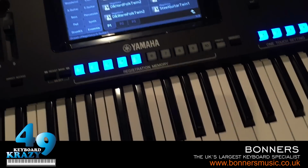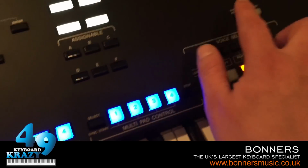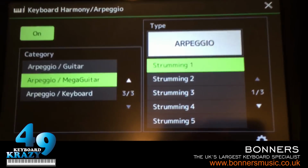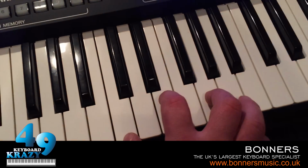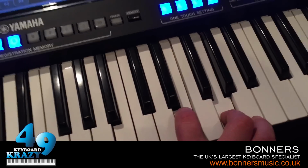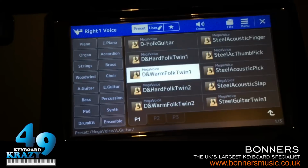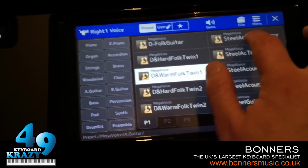The good thing about the acoustic guitar voices here on the Genos is that if you go to harmony, each of the acoustic guitar sounds will automatically have a certain arpeggiator, so now MegaVoices can be played live. Each MegaVoice has a different arpeggiator assigned to it. Some of them are the same,